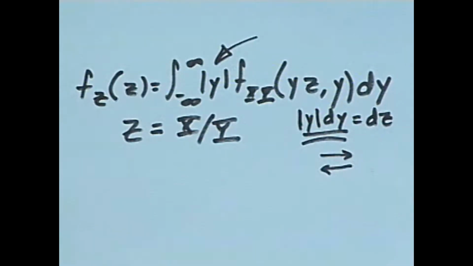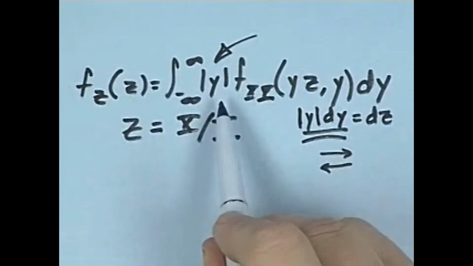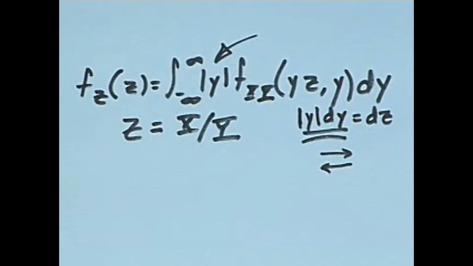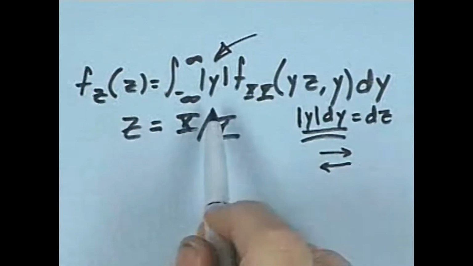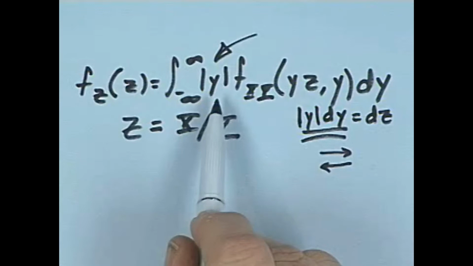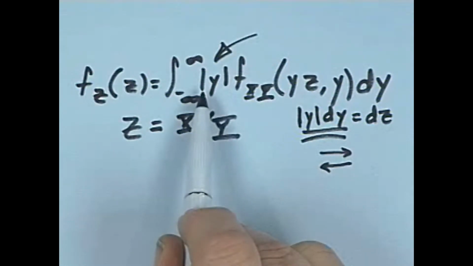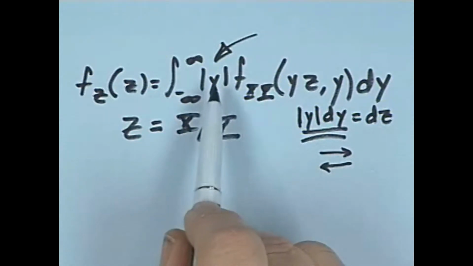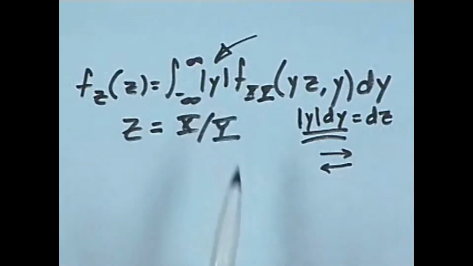So I don't know if that answers your question. At least, hopefully, it makes sense that it's a magnitude there. Maybe you don't understand the details of why it's there. Yeah, I just need to look back at the derivation. Very good. In fairness, the derivation that we had did not cover all values of y. I think we had both x and y non-negative. What one would have to do is go back and do that same derivation more generally, and you'd find out the magnitude of y is there.